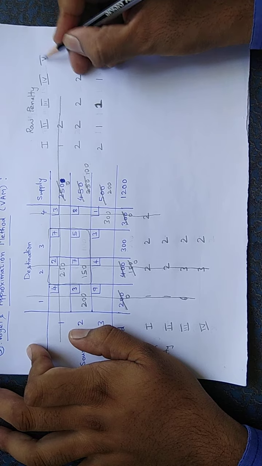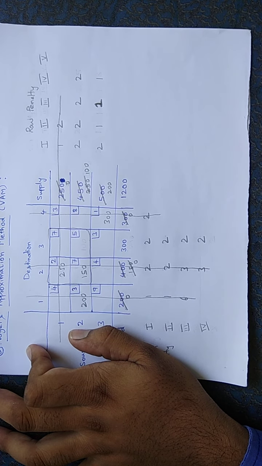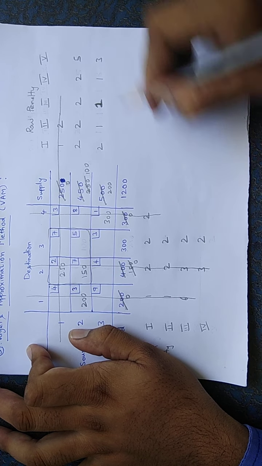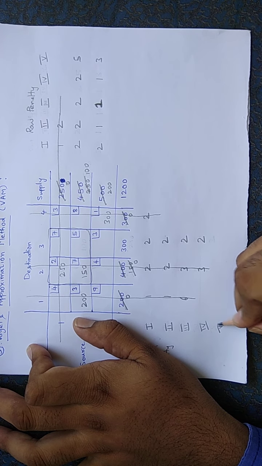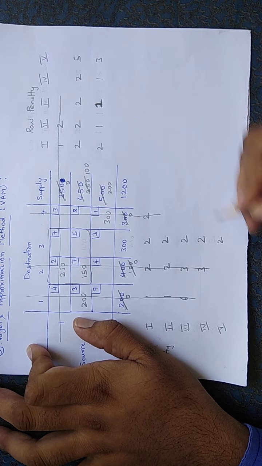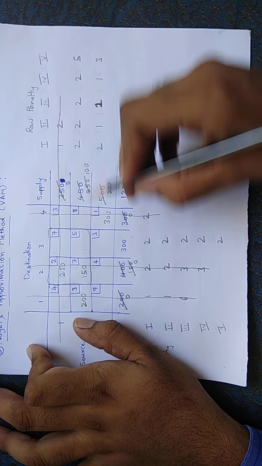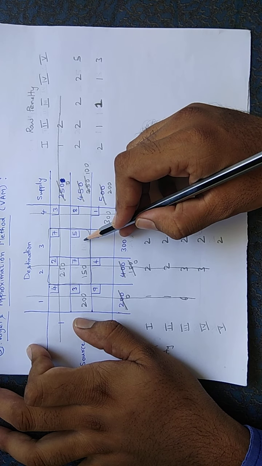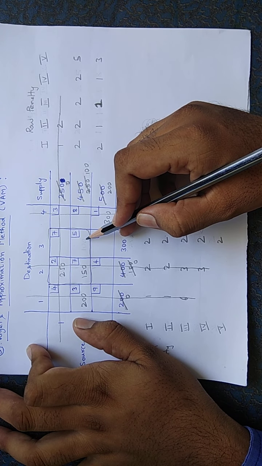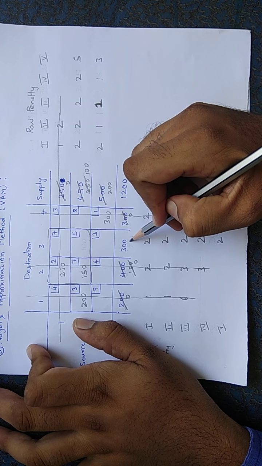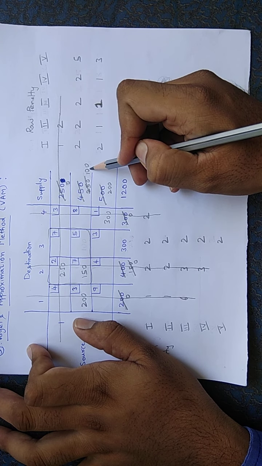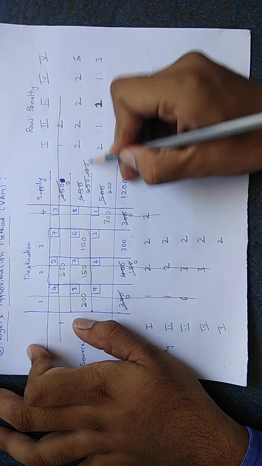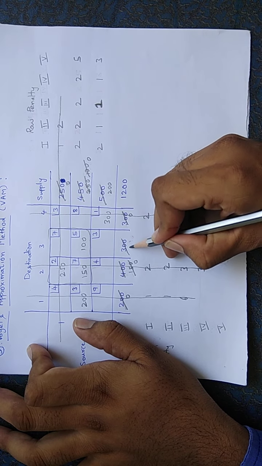So in the fifth iteration, we find the penalty is 5 and here it is 3 and here it is 2. The highest penalty is this. So we'll go for here. There is no other option. We are left out with only one destination. So we'll fill the allotment here. So this is 300 and this is 100. Minimum is 100. So this becomes 0 and this becomes 200.